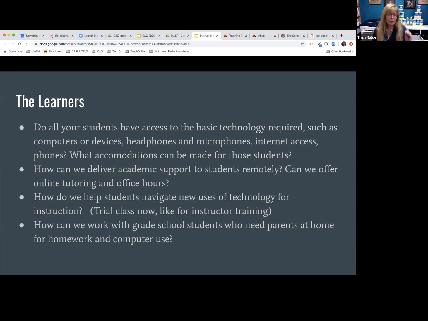And so we have to think in terms of accommodations. Is there stuff in the language lab that we're willing to check out? Are there other places on campus where students can check out equipment to take it home? Can we show them how to use their smartphone to its fullest potential? Many of them have smartphones,